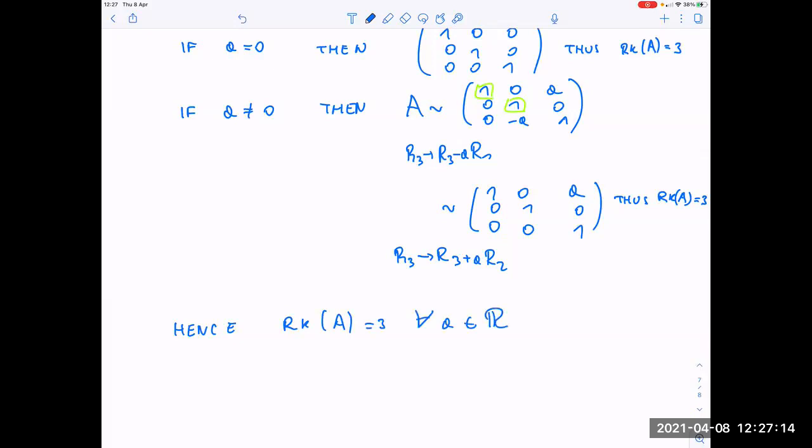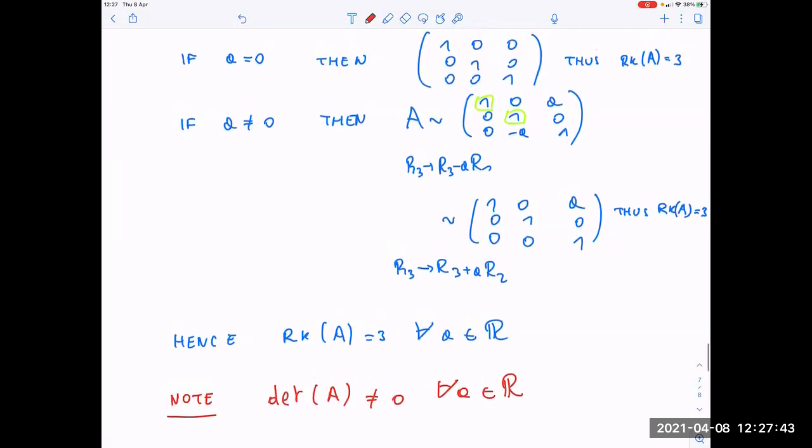Rank of A is equal to 3 for all values of the parameter A. And this means that, what about the determinant? This means that the determinant of A is different from 0 for all A in R. So this means that if you go back and you compute the determinant of the matrix here,